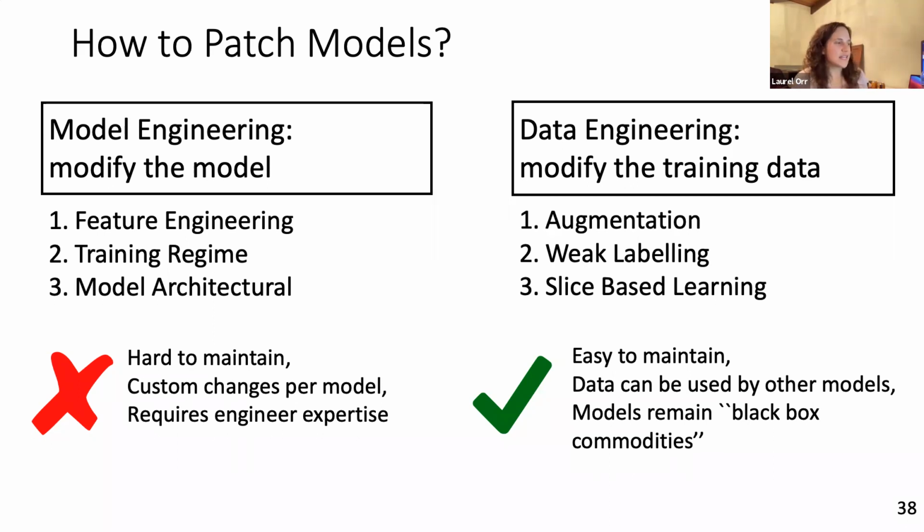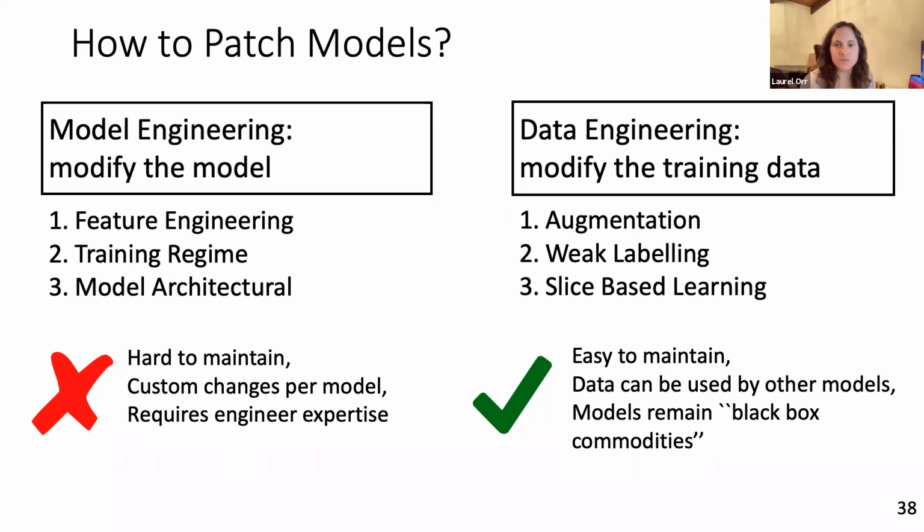Now, the problem with this I see is that it's going to be hard to maintain, as you're basically going to be building custom models for every single downstream task. And this also is going to require engineer expertise to be able to modify the model itself. And a much more sustainable way is on the right side,